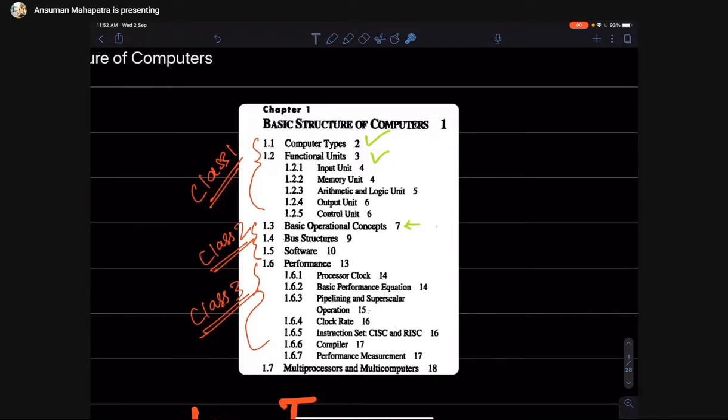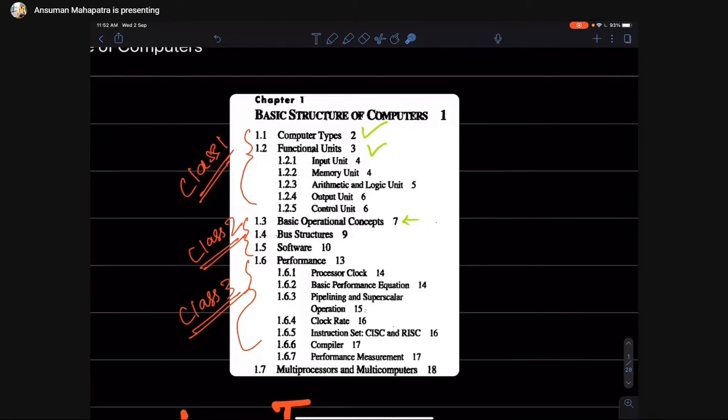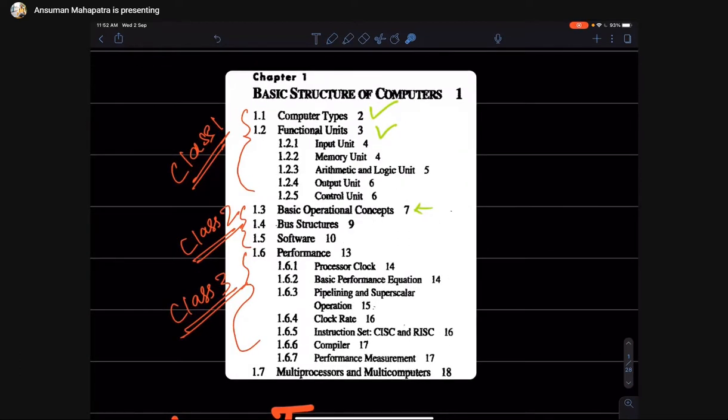How many classes did it take? 3 or 4, I think. We have covered all these things in chapter number 1, and chapter number 1 is very important because it gives the overall picture of whatever we will read in this whole syllabus. Any doubt? No doubt.